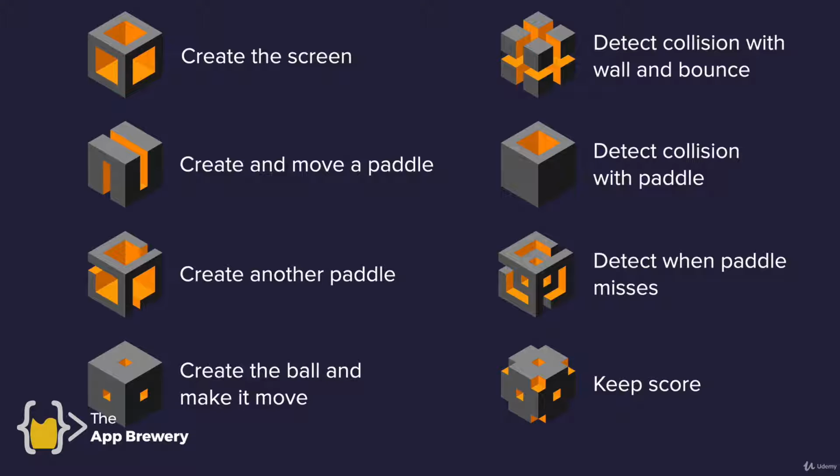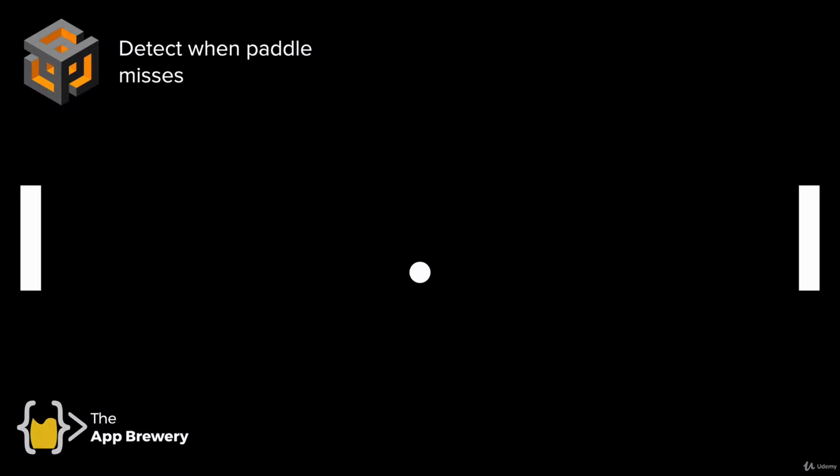Now we're pretty close to the end of the program. We've managed to do pretty much everything other than detect when the paddle actually misses a ball. And if the right paddle misses the ball, then the left player gets a point. And this should trigger a restart of the game where the ball goes back to the center and starts off